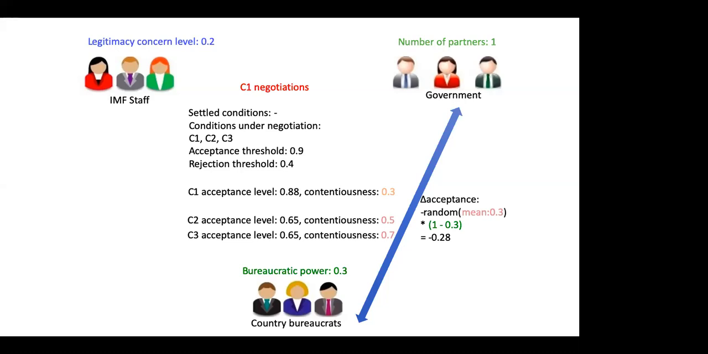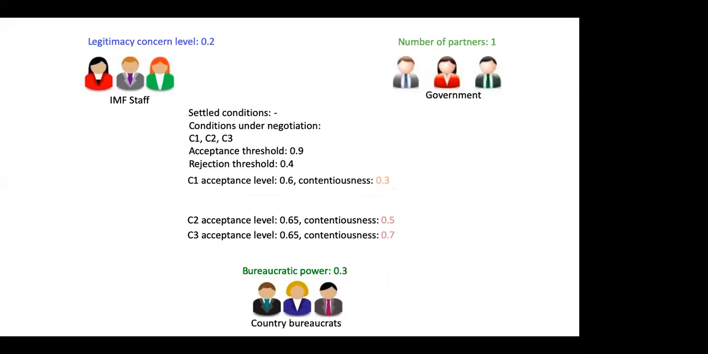And here, the amount of decrease in the acceptance level of the condition is again modeled using a random variable normally distributed with an equal mean to the contentiousness of the condition, which is then weighted by the relative power of the government in shaping the program. So in this case, that value returns as 0.28, which updates the acceptance level of C1 to 0.6. As that value falls between the thresholds, no decision is actually yet made for C1, and we continue with